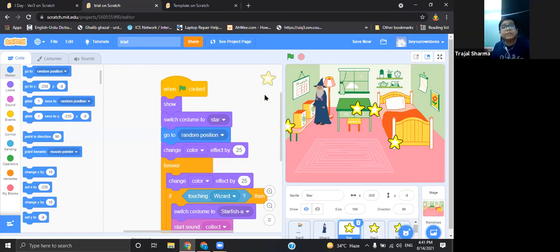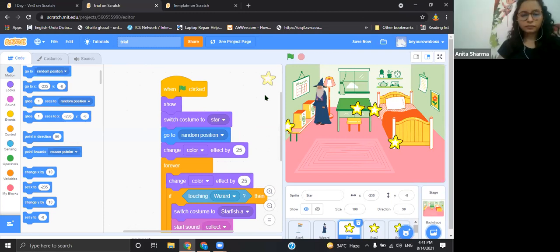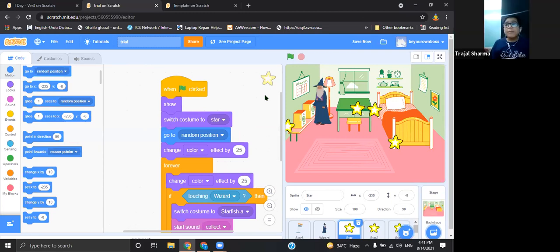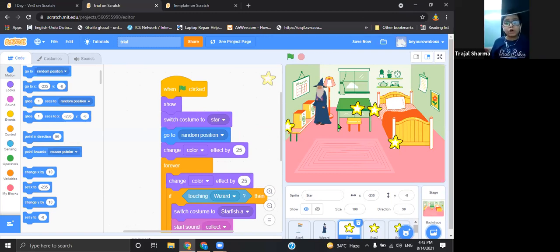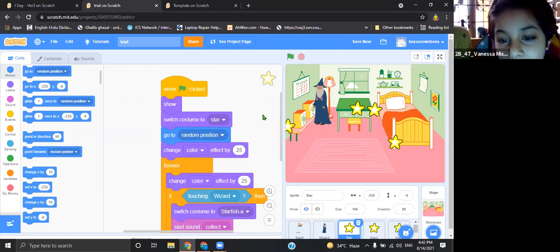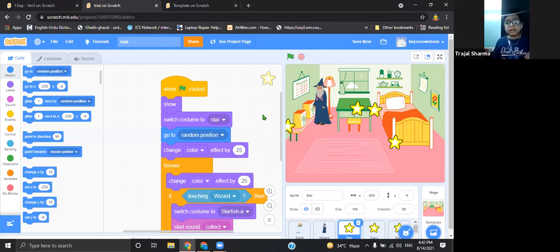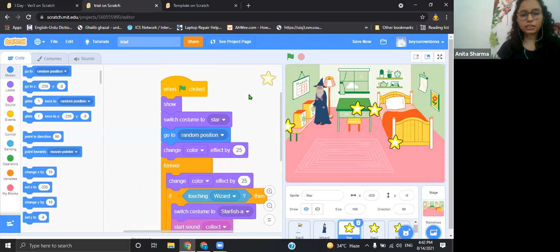Okay. Ma'am, Trijal. Yes, Trijal. Ma'am, there is a question. Ma'am, its color is only green. Yeah, but it is yellow actually. The star is yellow color. Ma'am, its color is yellow, but when I have used the block change color effect by 25, ma'am, so it is only green color. Okay. All right. Just stay muted. First of all,